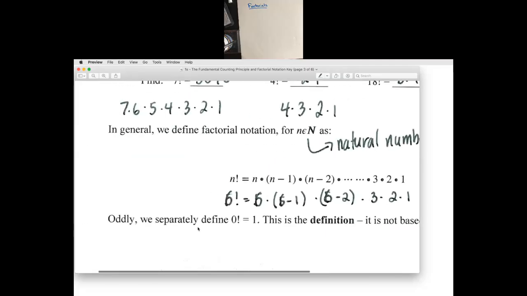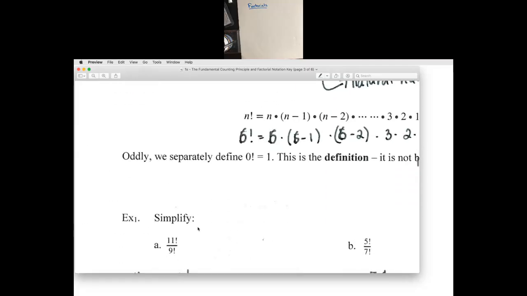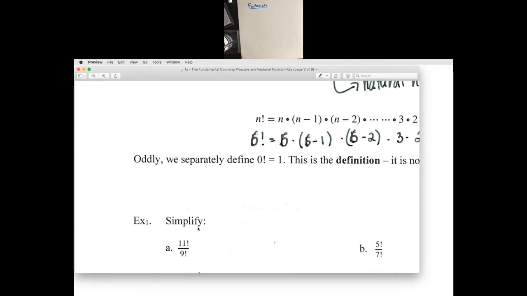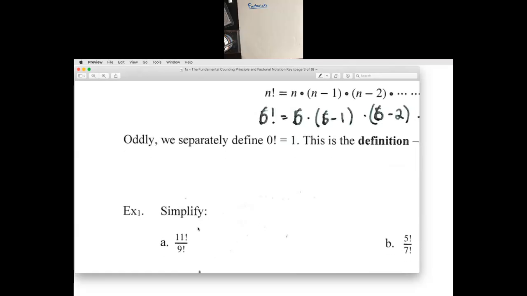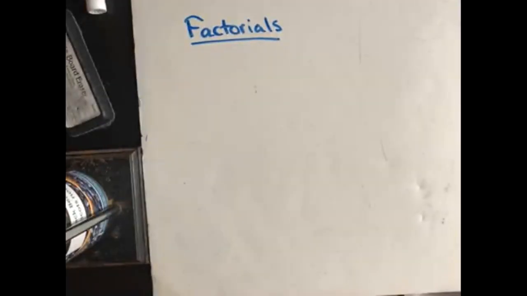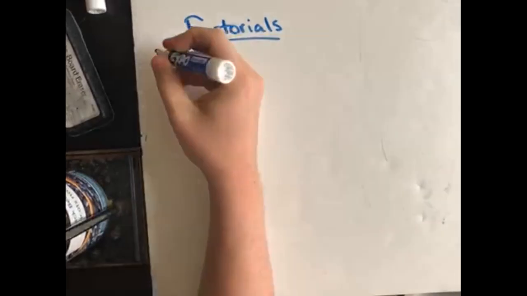It's a definition that cannot be proved. All right, let's take a look at example 1. They want us to simplify these by hand without a calculator. So this is where I'm now going to jump to my whiteboard. If you have the booklet following along, that's great. Now I'm going to stop sharing the booklet and go through the steps on the whiteboard. All right, so we have example 1A, which is 11 factorial